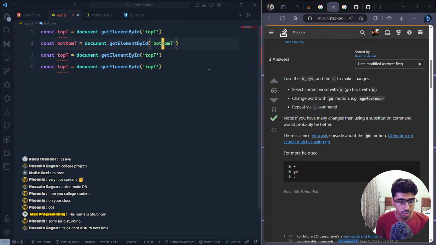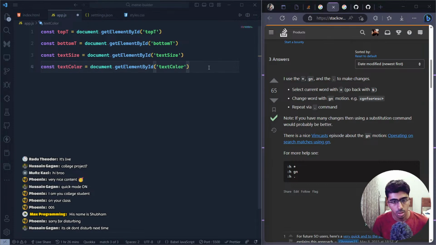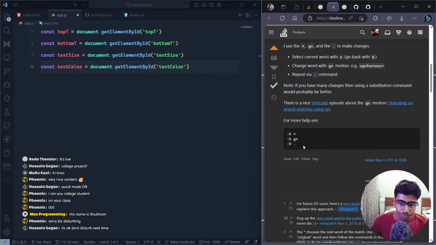All right, now next up we have star and CGN. That seems like a lot of work, but I don't think it's actually a lot of work. Text size, this should be text color. All right, thank you very much. I was looking for this. So next up, after we have everything selected,